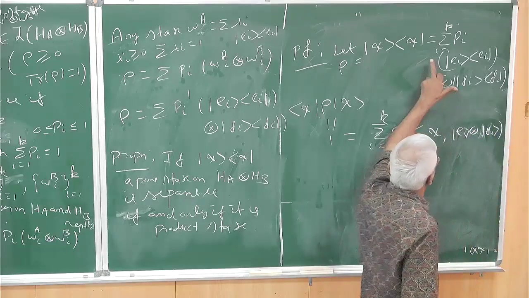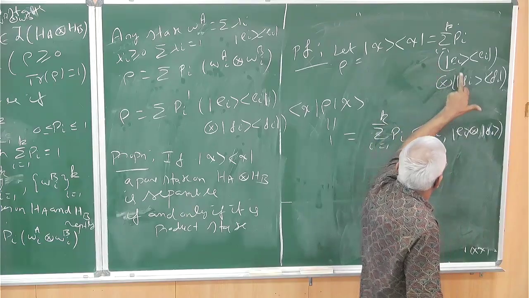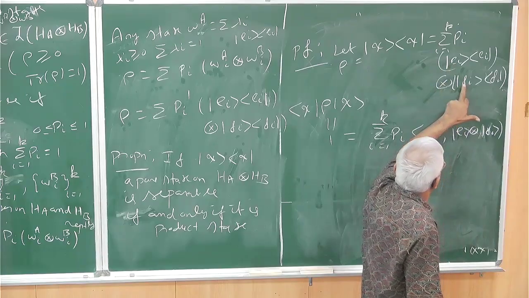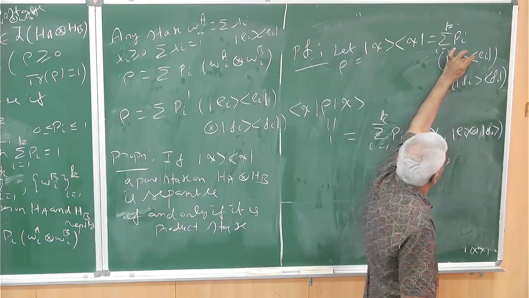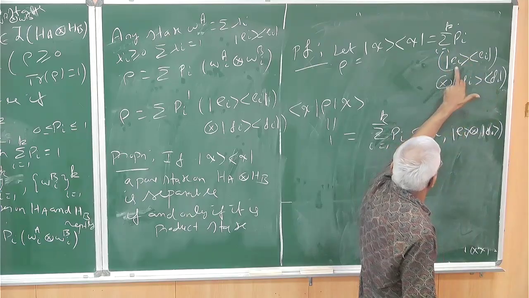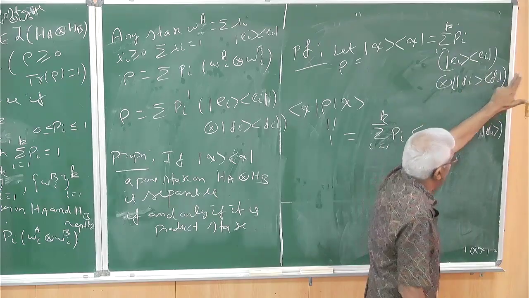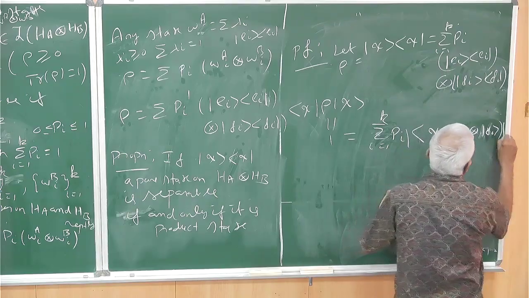See, if I take the inner product with chi here, I get these two. This is just e_i tensor f_i, a pure state. You can remove this tensor, put the tensor in the middle if you want. So it will have the inner product with chi, e_i tensor f_i, and e_i tensor f_i, chi, which is just the product of these two things, which is the square of this.